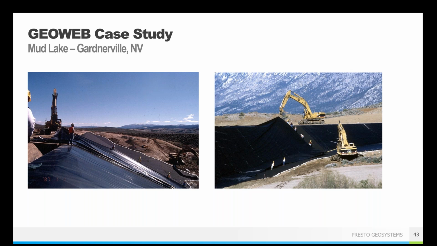So they put that down, and then they wanted to do a concrete filled GeoWeb on top of it. So they put the GeoWeb panels over top of that geotextile geomembrane sandwich, and because it did have that geomembrane, they didn't want to use stake anchors because they didn't want to drive stakes through that membrane, sort of defeat the purpose. So they did that tendon system and tied it off to a buried dead man pipe at the crest. You can see they started digging the dead man pipe, or dead man trench.